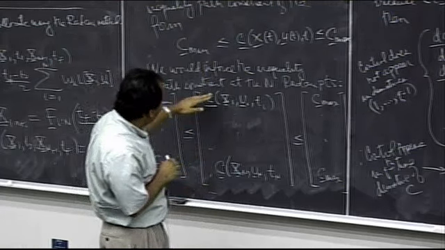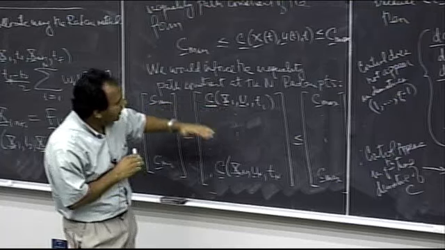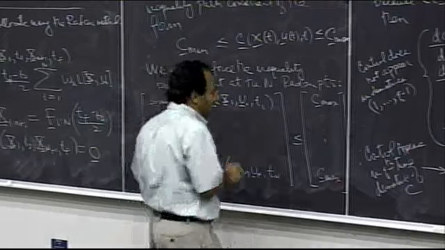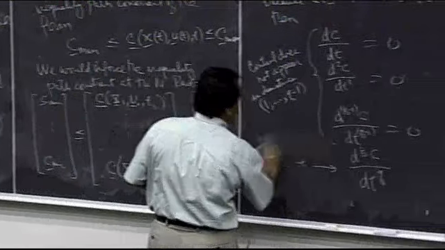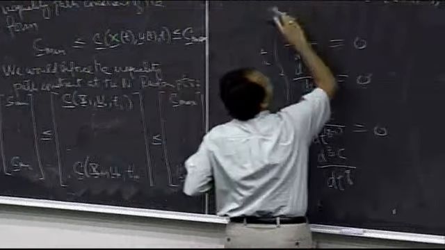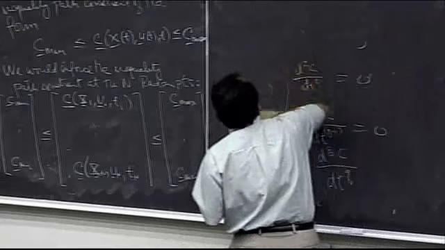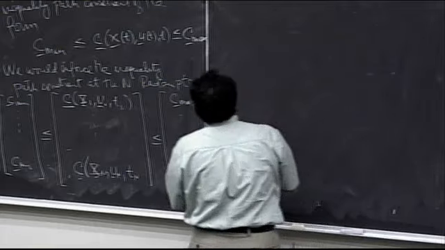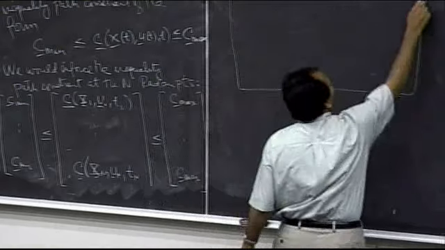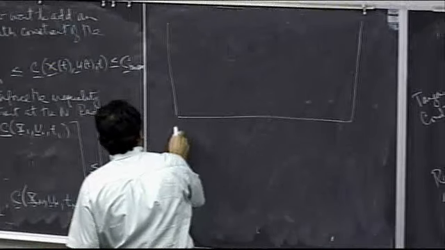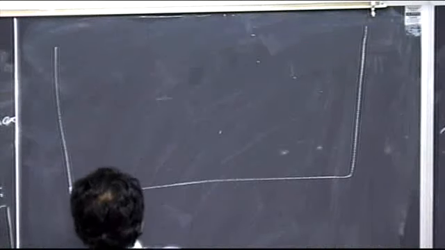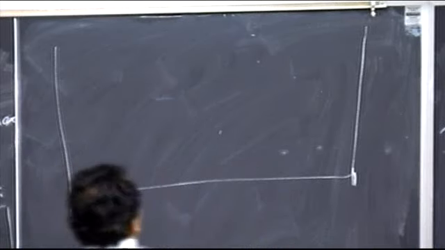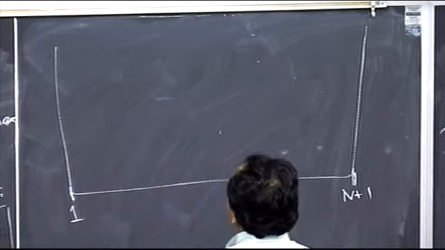So what you're going to find here is you're going to get back a bunch of discrete points. And there may be some values of this function for which you get that the constraint is actually active. So here's what it might look like when you're all done. You might actually get something that looks like this. Because remember, you're not getting back a function of time. There's no function of time in here. There are a bunch of discrete points. So what you might get back is something that looks like this. Here's t0, the initial point, and here's the final point, right? So if I label these 1, and I label this n plus 1, which is my final Radau point,